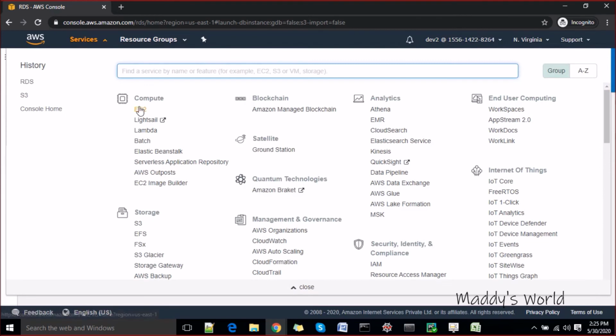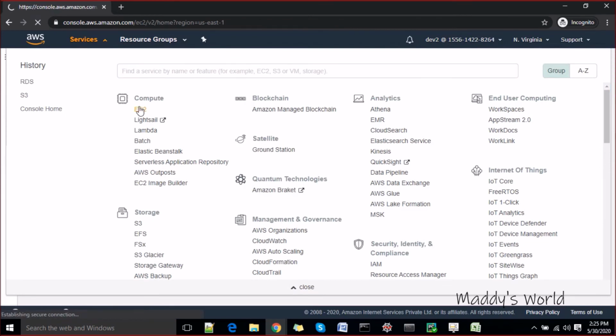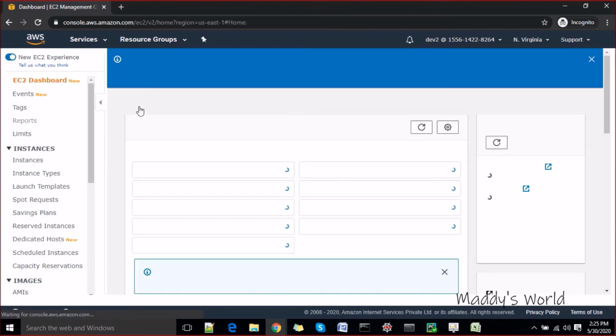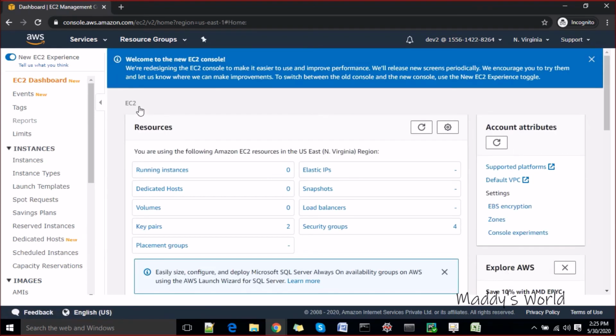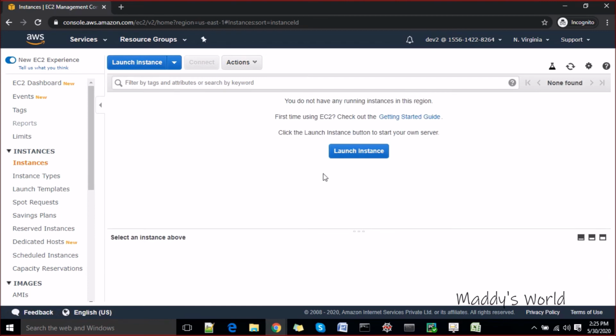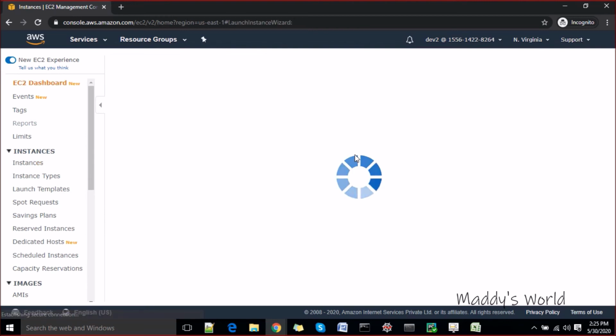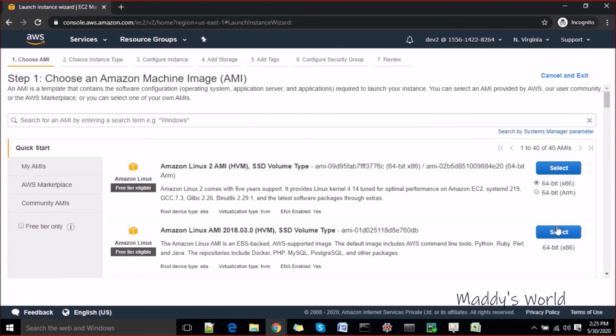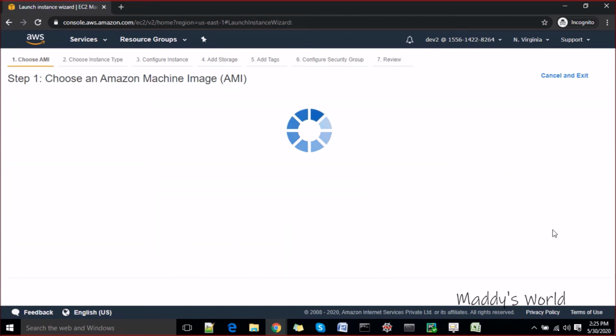So let's go ahead now to the EC2 section and see if you are able to see and do something as per the rules we have specified. That's what I said. Whenever you are playing with the IAM rules for your organization, you have to list out all the things that you need. Right now you can see I'm able to see the key pairs. If I go to my EC2 instances, if I had any instances, I would be able to see them here. It says you do not have any running instance, but last time we were getting some errors. Let's try to launch one instance. I don't remember if I have given access to launch the instance. Let's go ahead and select the existing things.